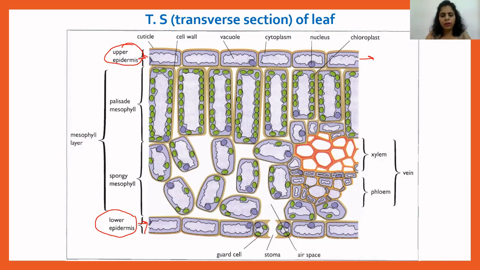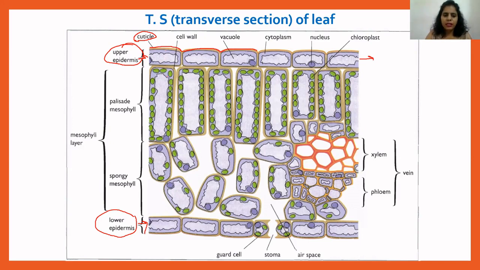In between the cells of the lower epidermis, stomata are present. I'm very sure that you are aware of what stomata are, as you studied in lower classes, but I'll tell you about stomata a little later. So the upper epidermis is continuous and the lower epidermis is not continuous because they have stomata in between the lower epidermal cells. And the upper epidermis is covered with a thin waxy layer. What is this waxy layer called? This thin waxy layer present on top of the upper epidermis is known as the cuticle.